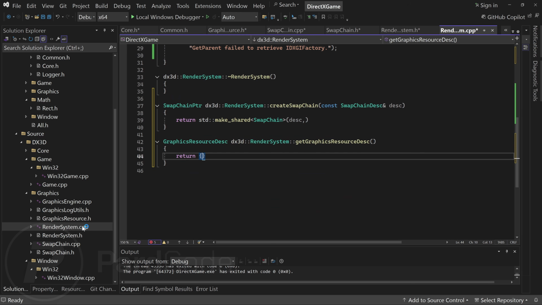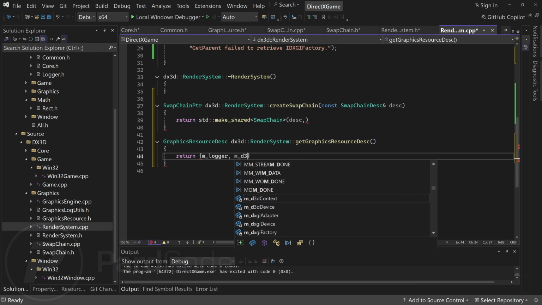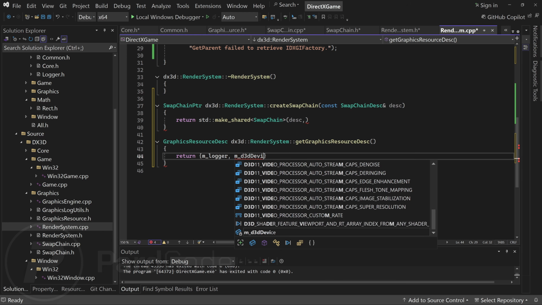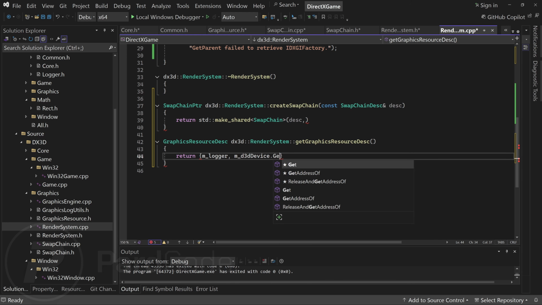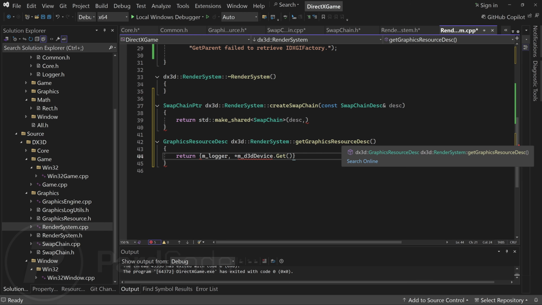Let's always use brace initialization. As the first attribute, we need to pass the logger. Then we need to pass a non-null reference to the D3D11 device. To do this, first call the get method to obtain the raw pointer, then dereference it using the star operator